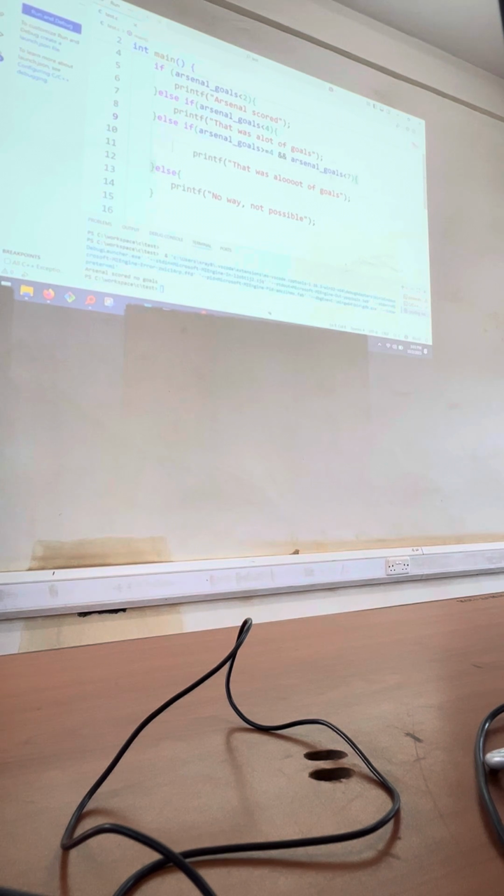We are checking if the goals are greater than 4 and also less than 7. Okay, so you have this symbol here. Now, there is a logic we're going to see. This is and, there is or. I hope you also know that. Both of them are logical operators: 1 and 1 is 1, 1 and 0 is 0. Yeah, there's and, there's or, there's not. So those same rules apply, and we're going to look at them.